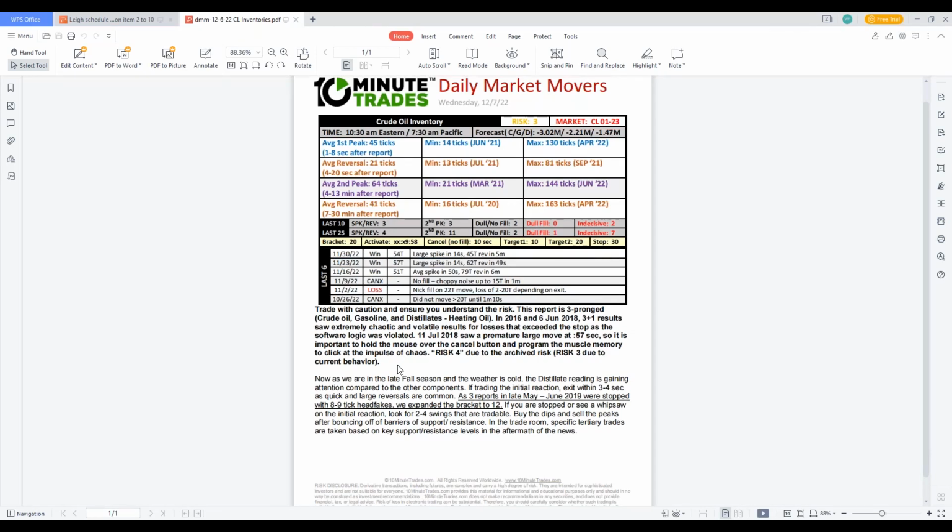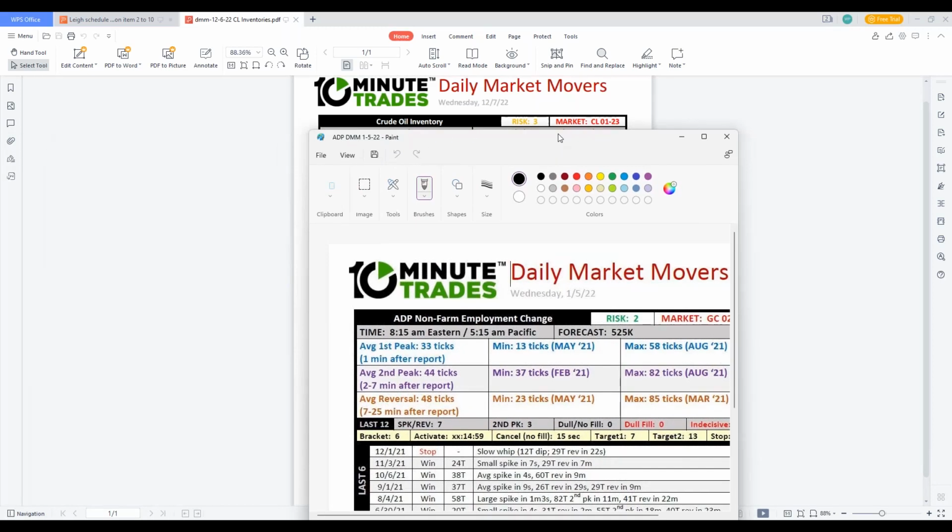You're going to eventually learn, it takes a little time, which reports are the most volatile reports. You're going to learn which reports are quieter reports. And you're going to learn that there will be hints on a DMM that if a market is canceled, then that may mean something's up. So if you see cancellations, not wins, not losses, that might give you a heads up, because look, let me just pull up some random DMMs and you'll notice this will happen, and you'll start to realize.